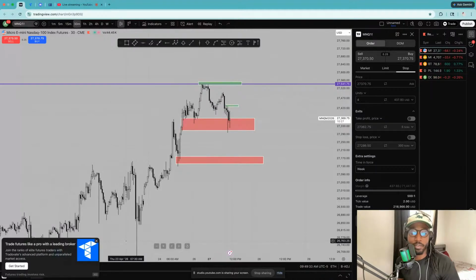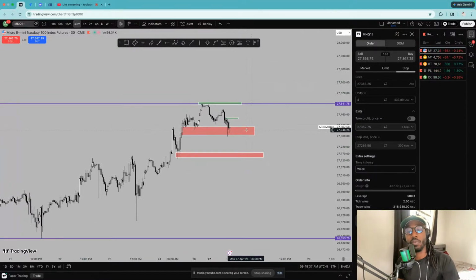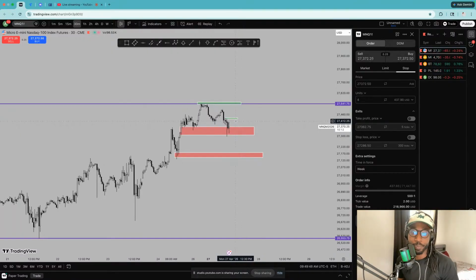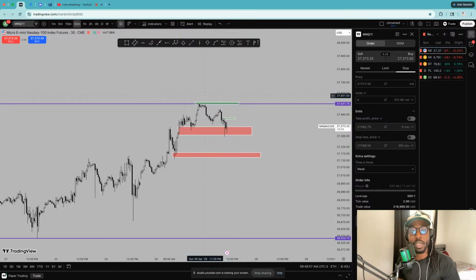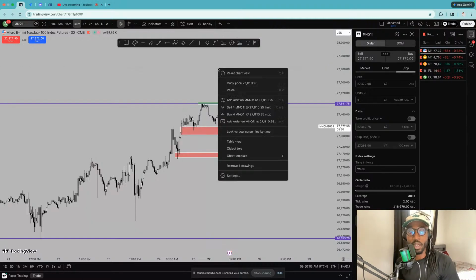So firstly, we have the fact that we've marked off our support, we've marked off our resistances, major and minor, just to see where price currently is. And as you can see, price is trapped within here right now. Now we know there's no major news events. We know it's Monday. Mondays can be sluggish. So what I want to do is utilize tools that can show me what's going on currently and what is important right now. So before we utilize our fixed range volume profile tool, what I want you to do is